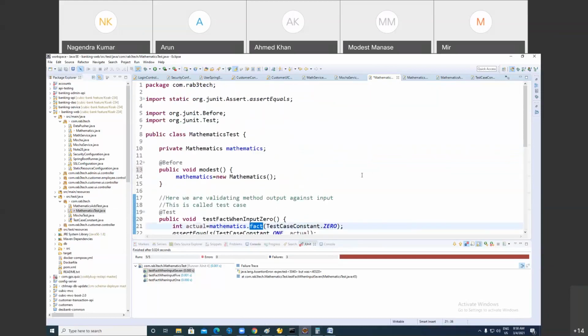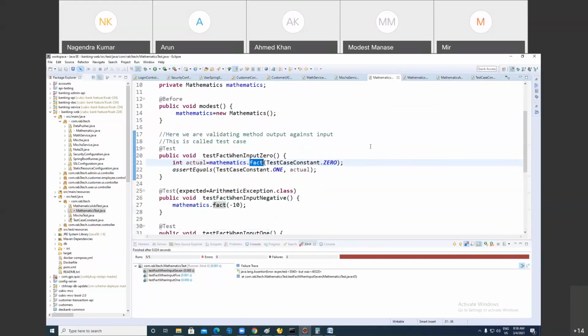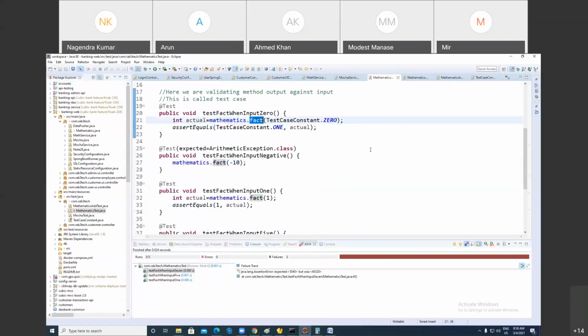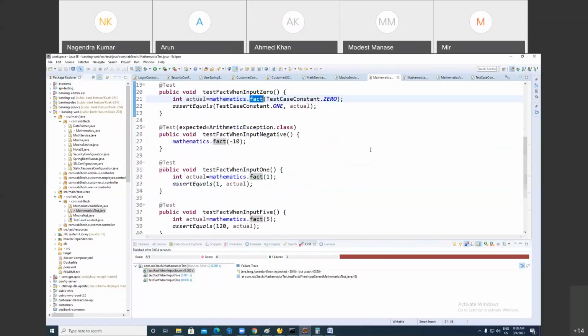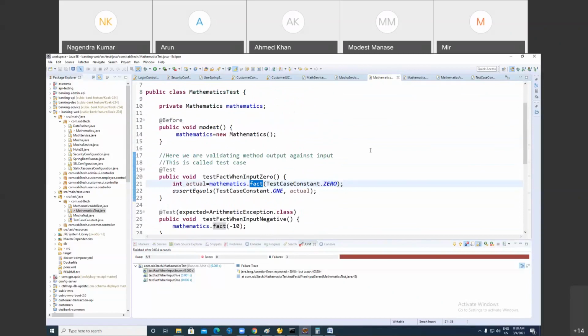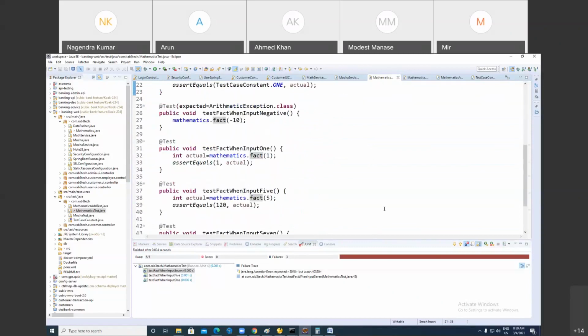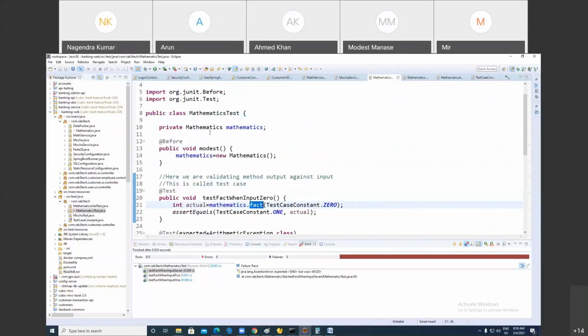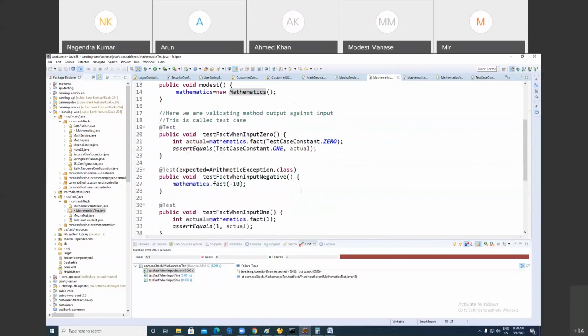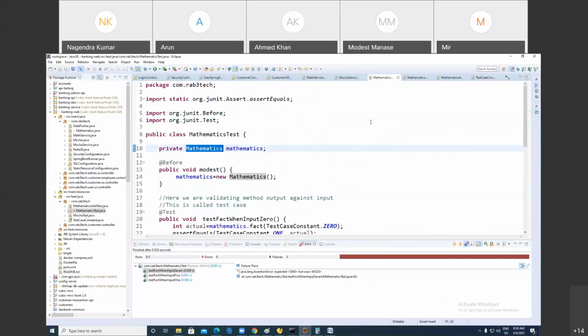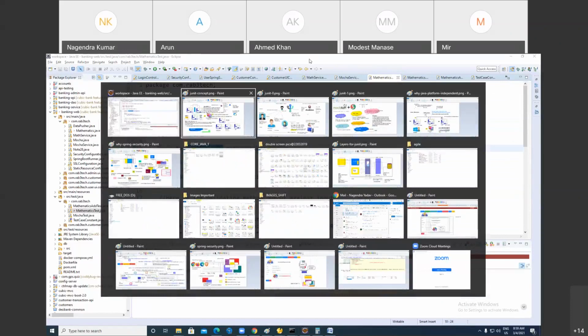So please go and have a look at this much, and tomorrow I'll continue on top of it. When you come, you should know this much. I'm telling you, if you don't know this much, tomorrow you can't understand test cases. Clear? This is very fundamental and very basic, right? Nobody does it like this in the industry. So this is A for apple, simple, not more than that. Clear? So, Nagendra,